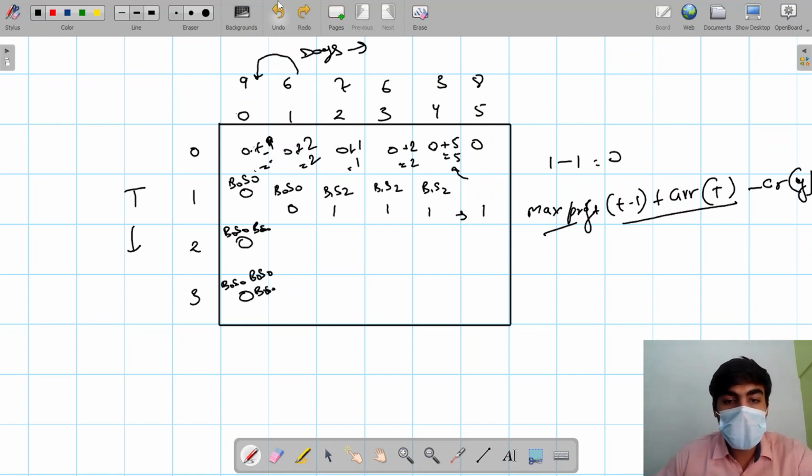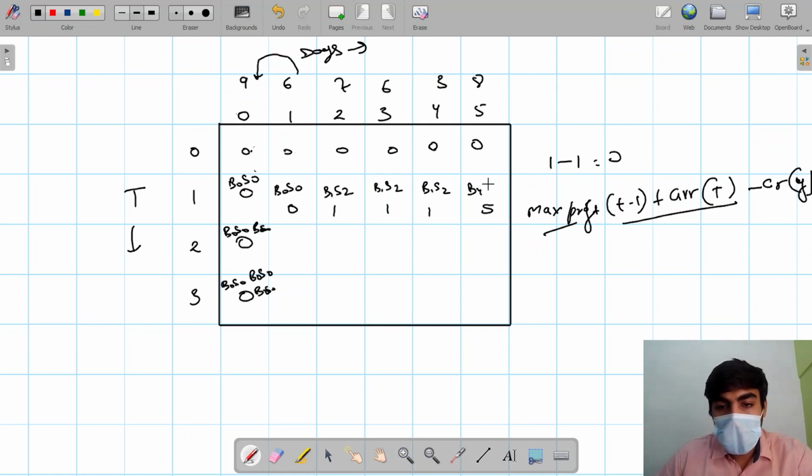5 is greater. So we are taking 5 here, neglecting all the others, because we have to find out the maximum profit here. So 5 is the maximum, for buying on the 4th day and selling on the 5th day. Let's move to this point. I hope you are understanding this. If you are not, by doing this, you can understand all what we are doing here.